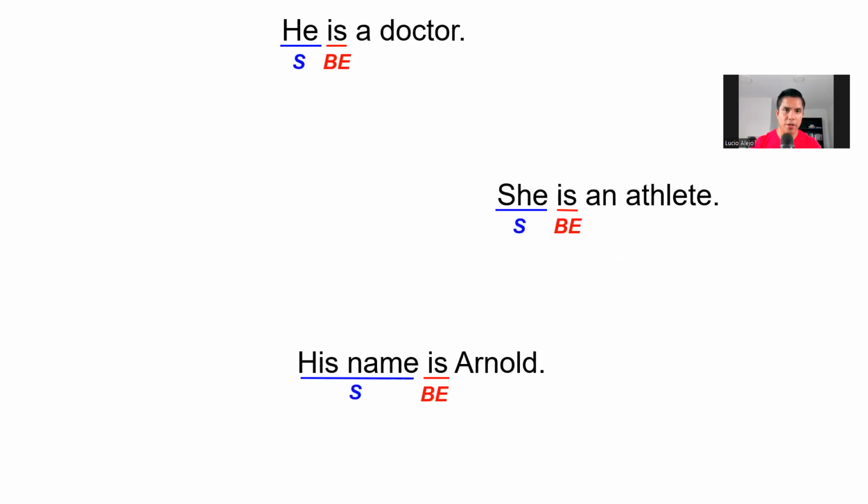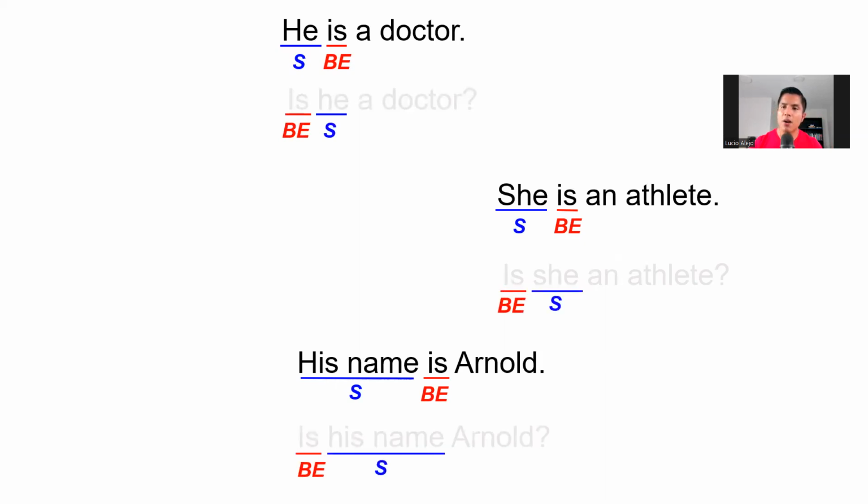Oh, perfect. Very good. And then I asked them, okay, so what about if I want to make a question? Oh, yes, you have to change the word order. All right, so now: is he a doctor? Is she an athlete? Is his name Arnold? Etc. Etc. So that's the first thing that you have to make sure that you do in your model